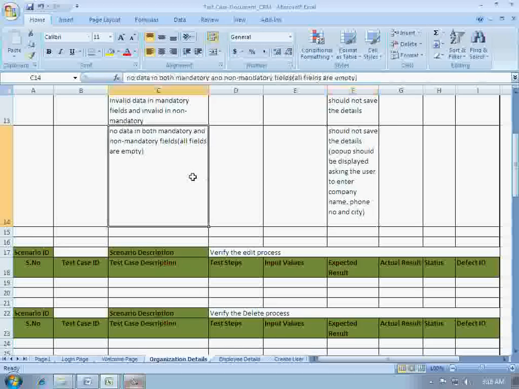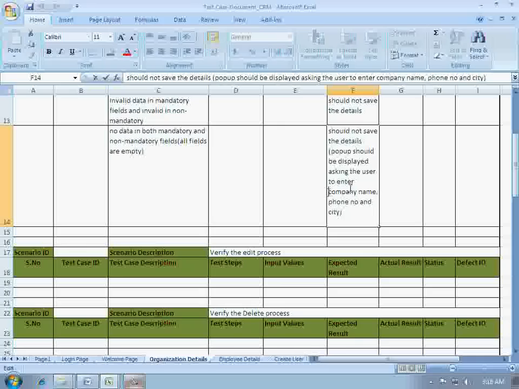So okay guys, that was it. And one more test you can do here is, you are not entering any details in this test case, and when you click on save button, the pop-up displays three messages, that is enter company name, enter phone number and enter city.